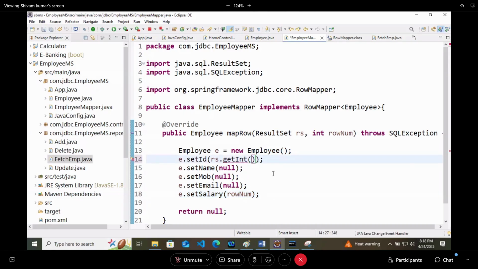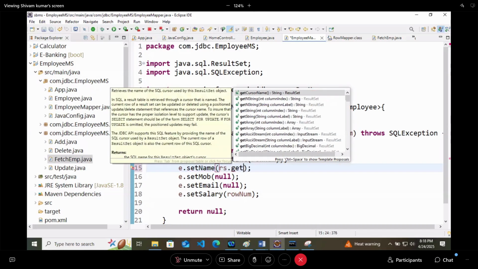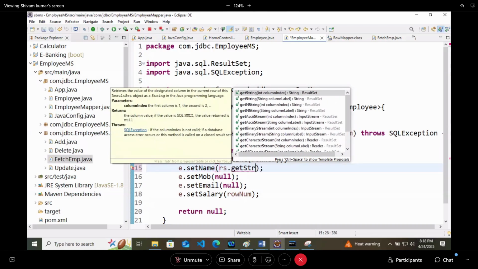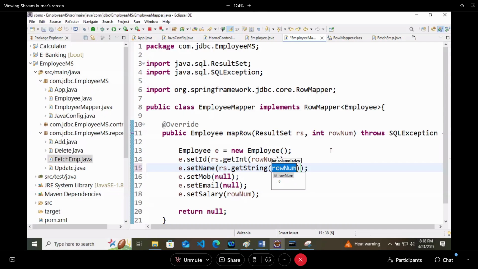Get int means as you are following the integer, id is integer, it will give you the first int value. Second is name. So here I can say rs dot get string and give the row number first. On the zeroth row it will give 0 like that.